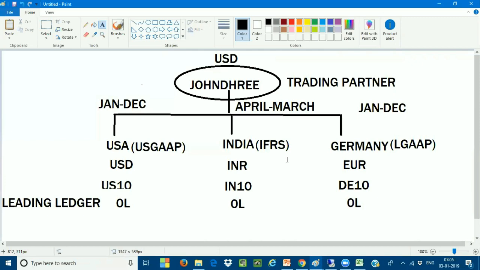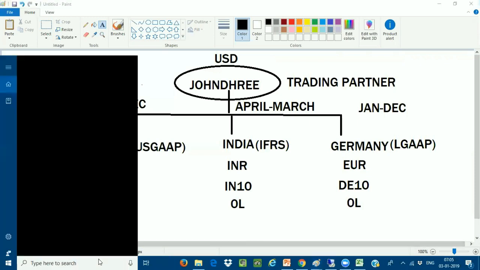Means there are two things we need to understand. One is the accounting principle specific, another one is the ledger specific. If you are using the same company code with three different accounting principles, then the leading ledger and the non-leading ledgers do not come in. The non-leading ledgers will not come into the picture. Why? Because you are assigning three accounting principles to one ledger. Clear, sir? The three accounting principles will be used for the leading ledger alone.